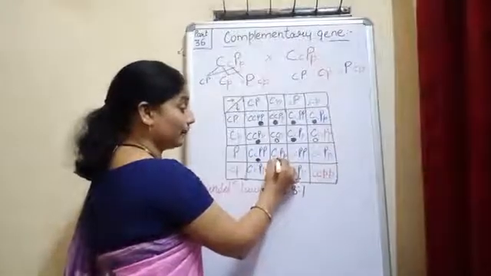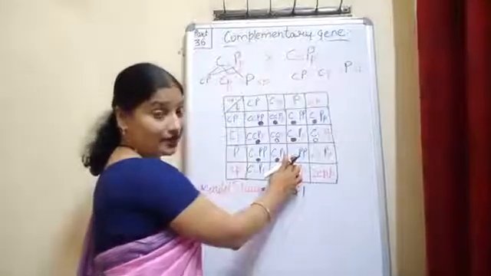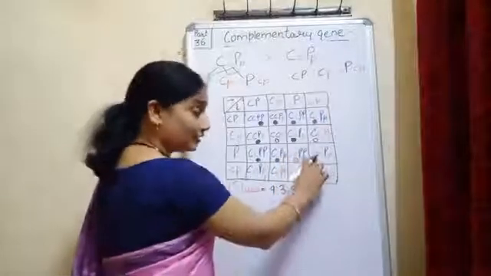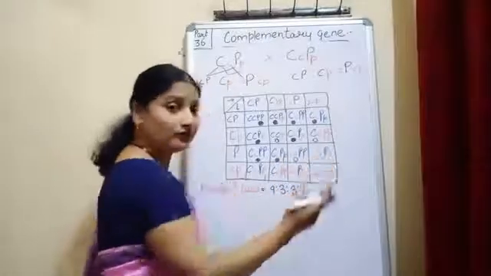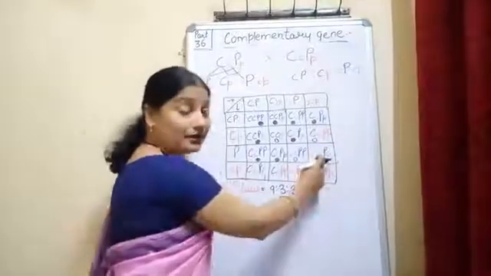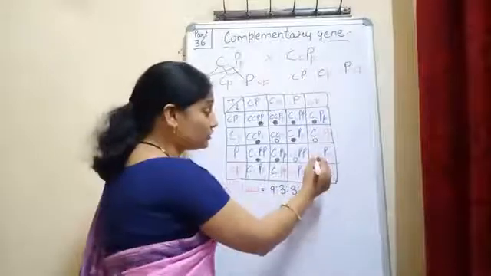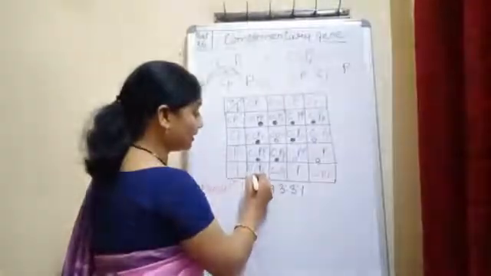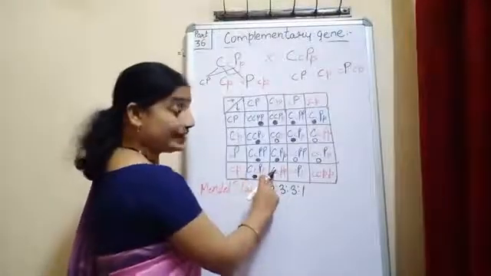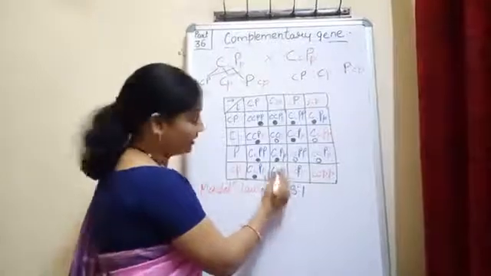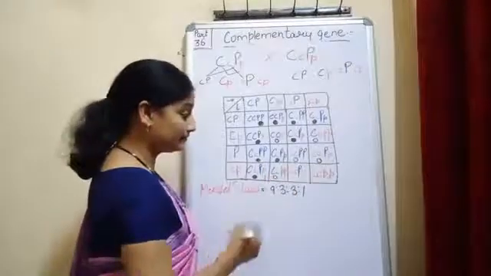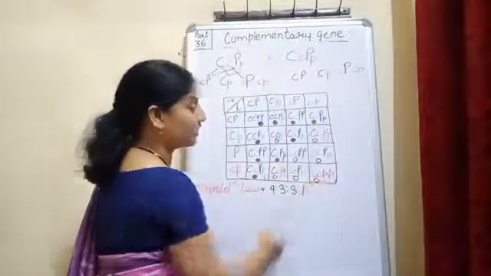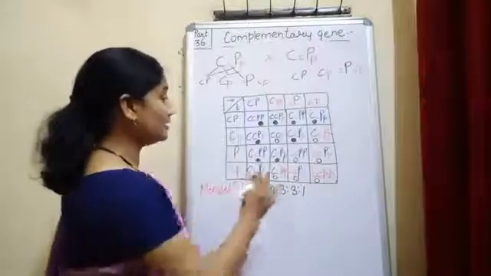Here again, purple. Now here C is in the recessive case. No chromogen, then no anthocyanin. So white color. No chromogen. So what is the value of anthocyanin? What is the use of capital P? No use. So color of the flower will be white. Here also we will get the purple color. Okay. C is there, but P is in the recessive condition. Color of the flower will be white. Here also C is not there. Color of the flower will be white. Color of the flower will be white. Okay. Now see, this is white.